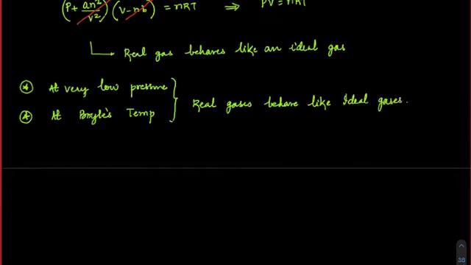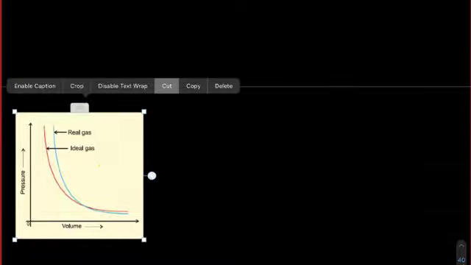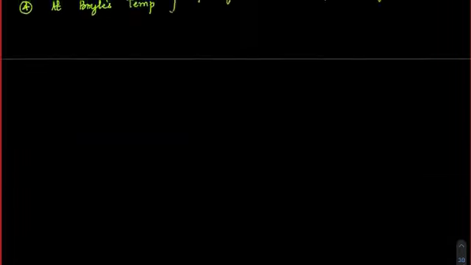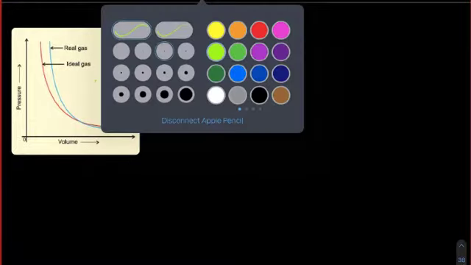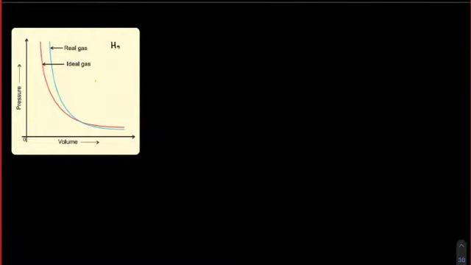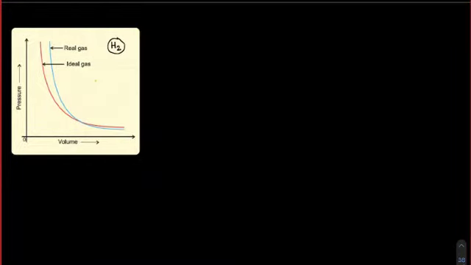Okay. So these are the two values we got. Got it? Now, first let me explain this, so this will make more sense. Suppose you have to compare a real gas versus an ideal gas. Generally this was taken for hydrogen gas, actually this was taken for H2 gas, and a similar situation comes for all other gases as well.